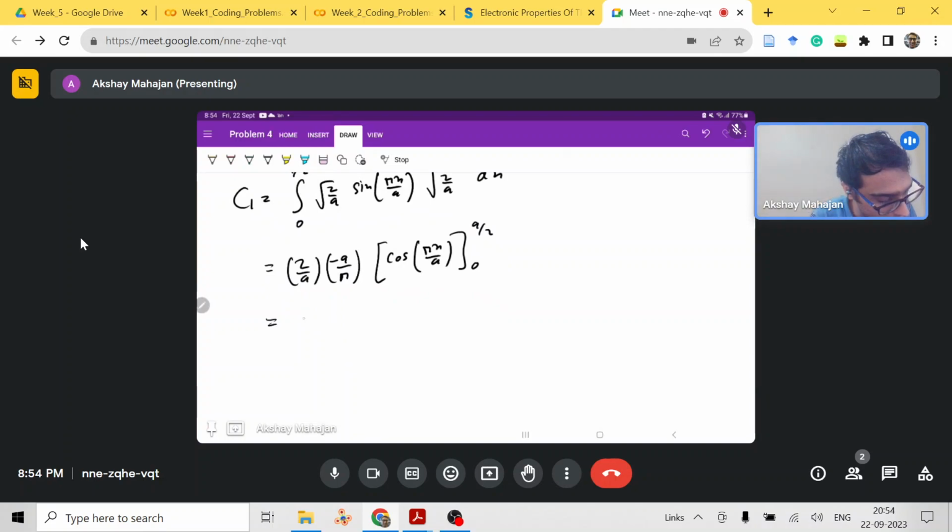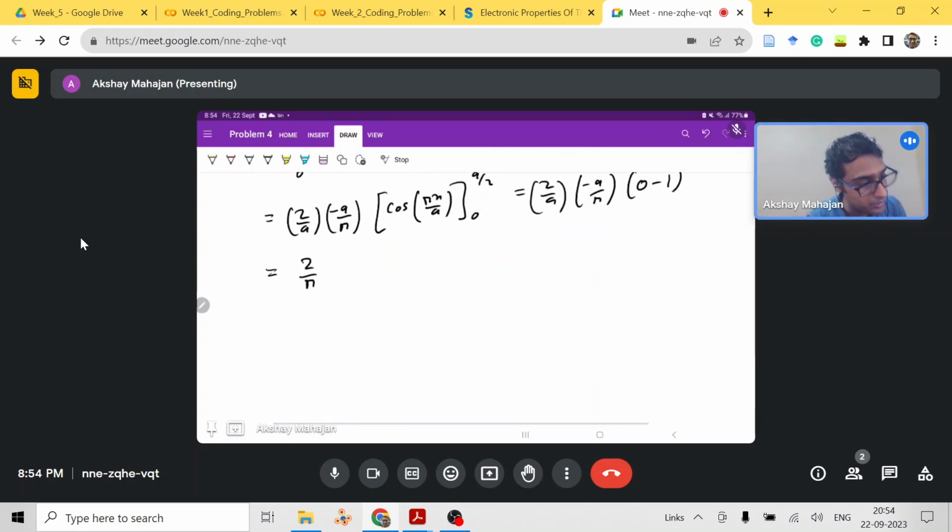So what you will get is 2 upon pi. Check it out. It will be 2 by a times minus a upon pi times 0 minus 1. So this will give you 2 upon pi. So our c1 will be equal to 2 upon pi, and thus